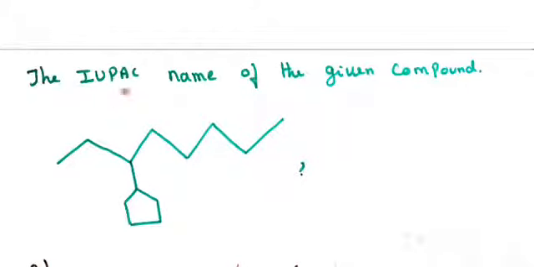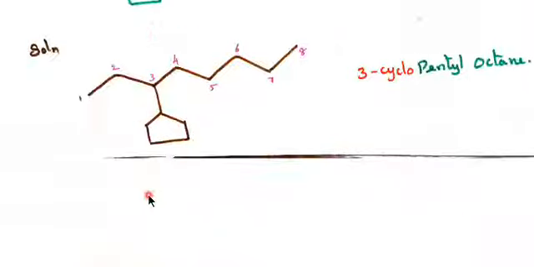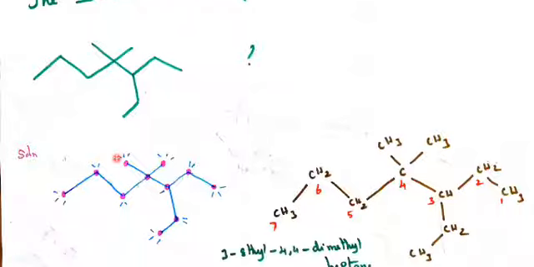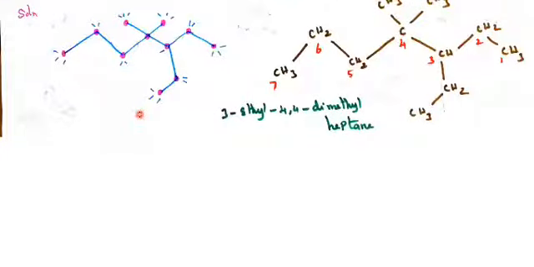And this is also an IUPAC name of the given compound. You try for this. And here it is a cyclo, it is a closed chain. It is 1, 2, 3, 4, 5. So it is a cyclopentane. Consider like this. Then this is also another example for you. And this carbon, carbon, carbon, carbon, carbon, like that you find out. So these are the examples for you. You just work out and don't look at the solution directly. You work it out in the notebook and then you see the answer in the video. Thank you, students.